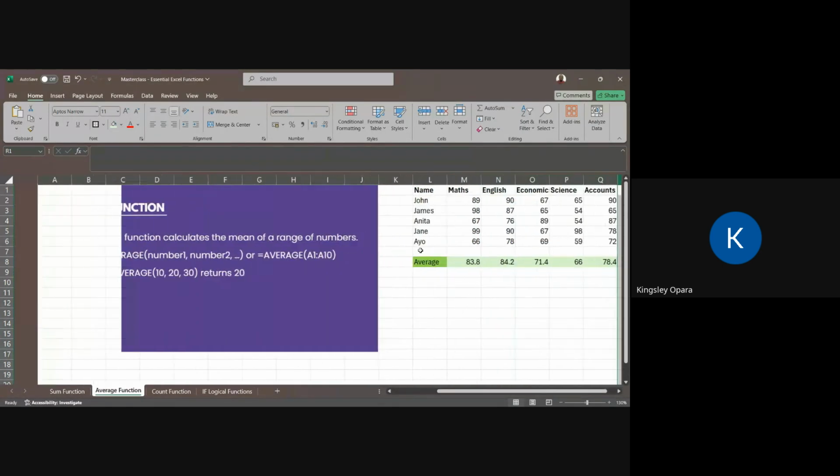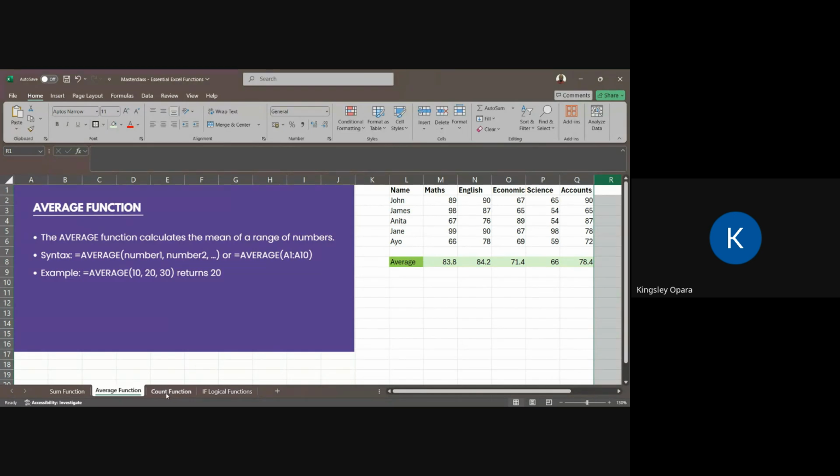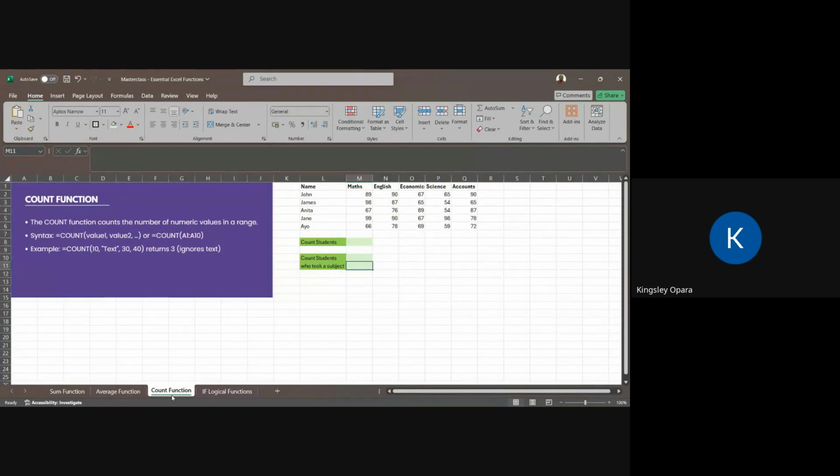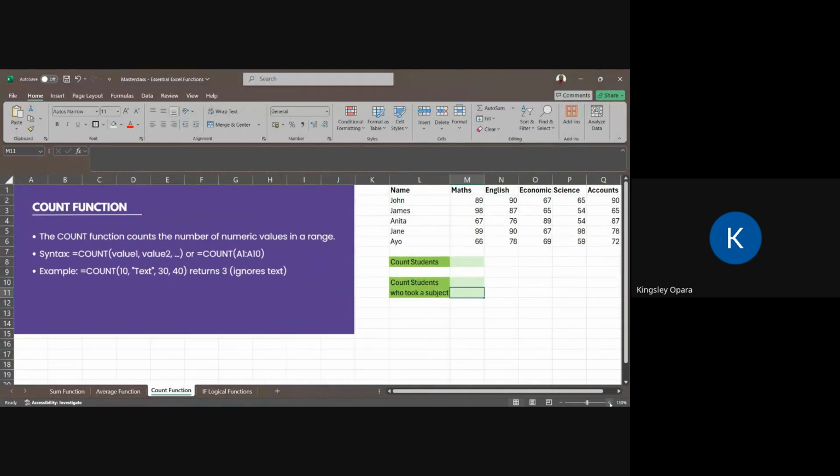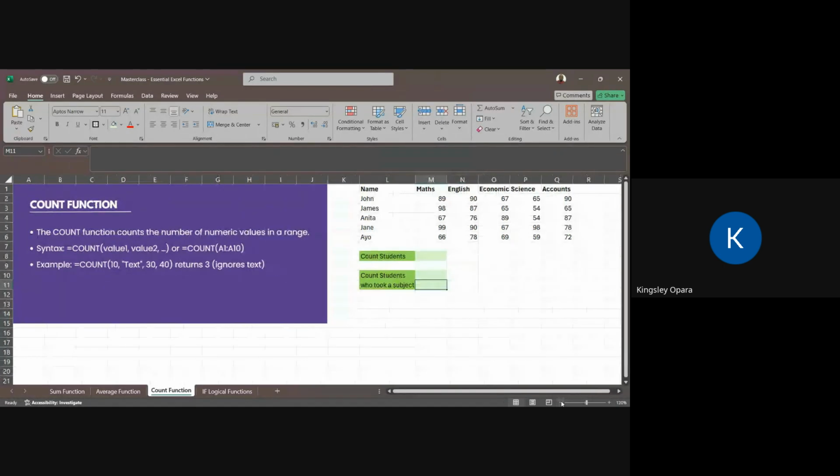All right, now let's move on to the count function. We've seen sum, we've seen average. It doesn't end there, and it doesn't mean that those are all the functions we have. But for the sake of this master class and the short period allocated, we won't be talking about all of them.